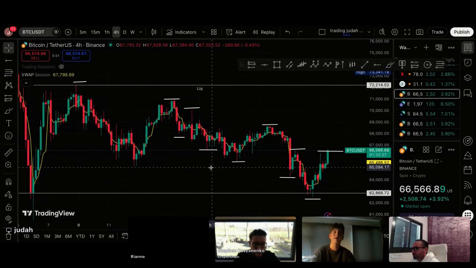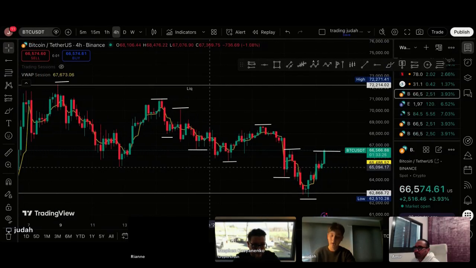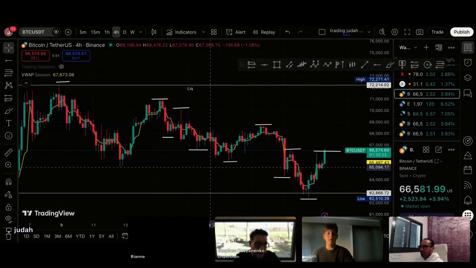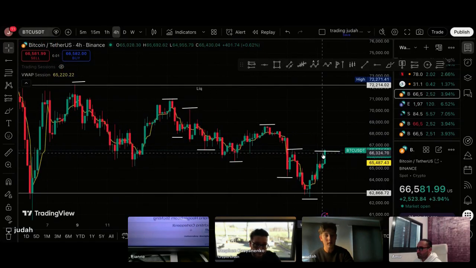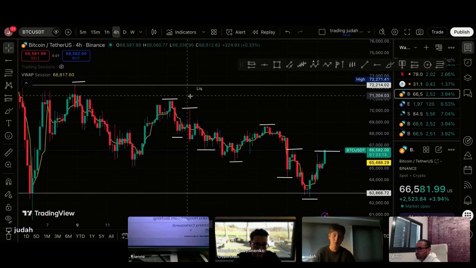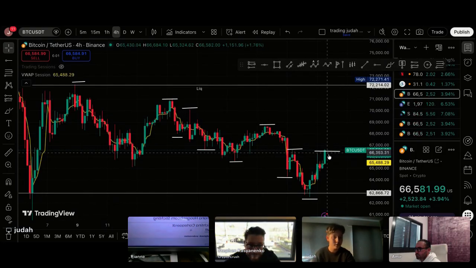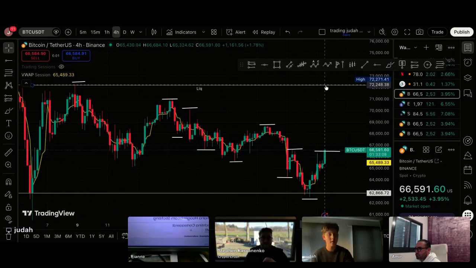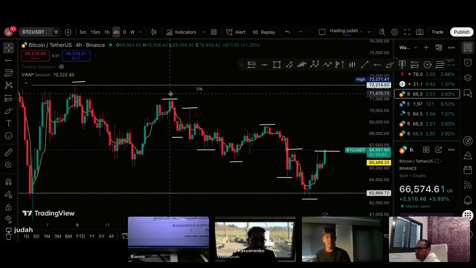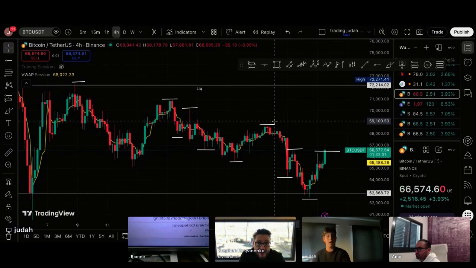It's a probability. I don't know how high. I think it's pretty 50-50 right now. Of course, all these people put stop losses above these highs, millions and millions of dollars, millions of euros of liquidations when the price goes up here. So there's a lot of stop losses above this low right here, above this low, above this low, and Bitcoin wants to grab the most liquidity, so I probably think the liquidity at 72,000